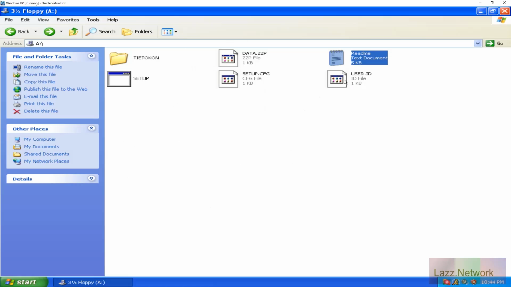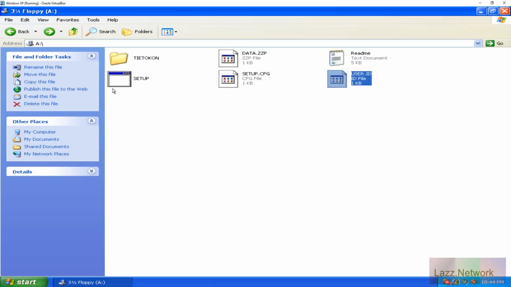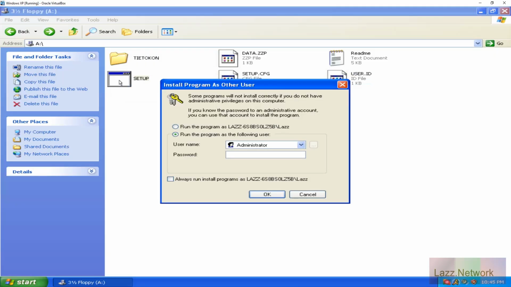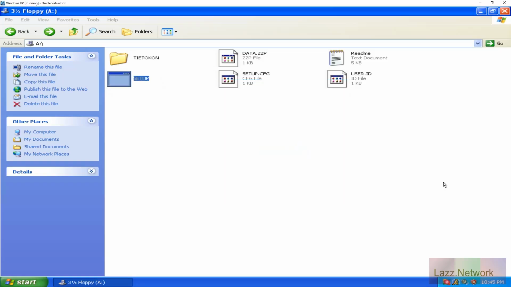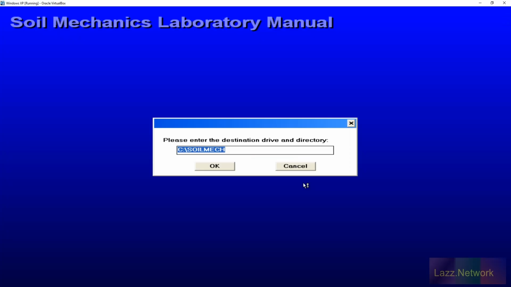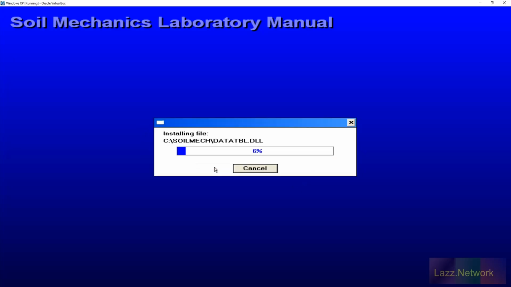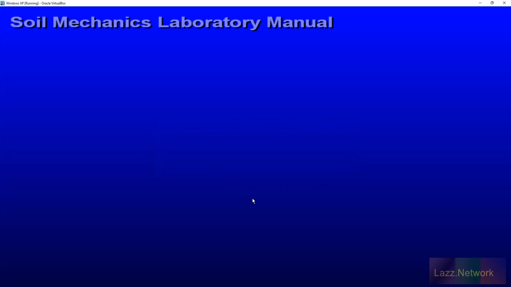I'd say, you know what, screw it. We'll go through the setup process anyway, because I think it'll install. I don't think it'll run until the software is registered, actually. Oh, wow. It actually needs... Oh, yeah, never mind, because I'm on a regular user account. I forgot about that part. Because security. Okay, so we're just going to install everything under the default, C Soil Mechanics. I know that makes everybody cringe really hard, because it should be under Program Files or something, but,